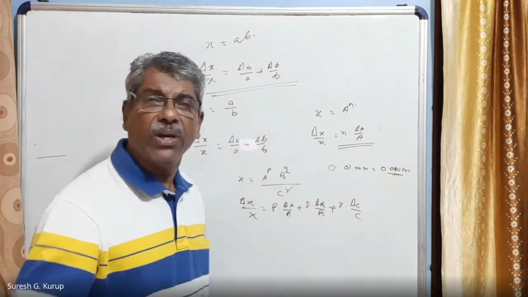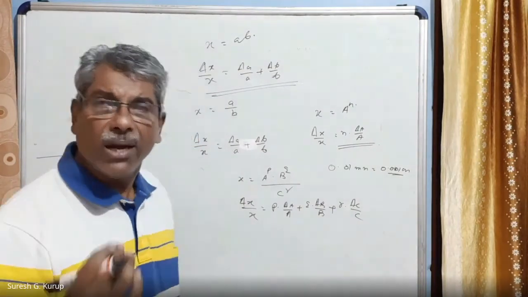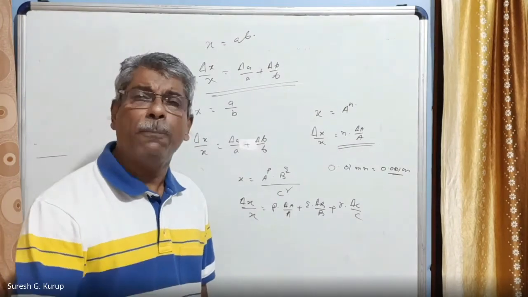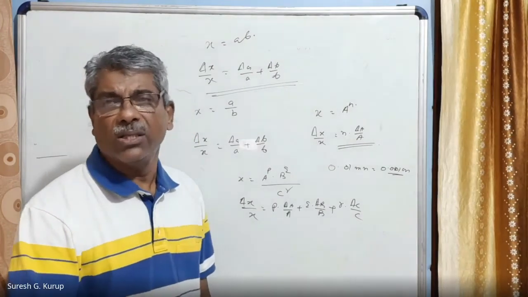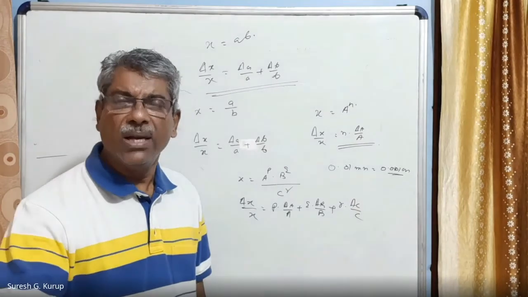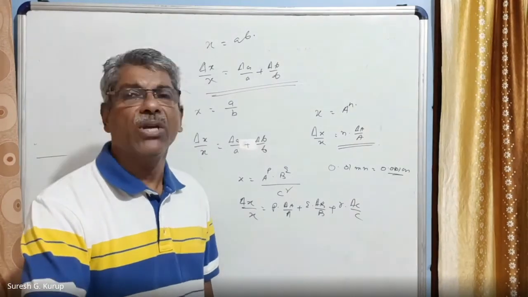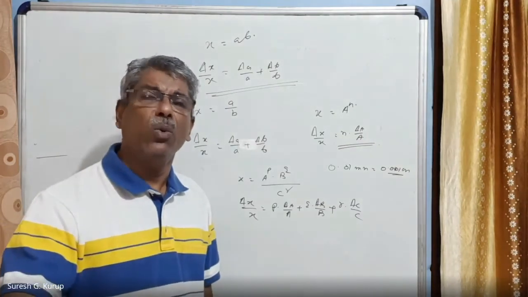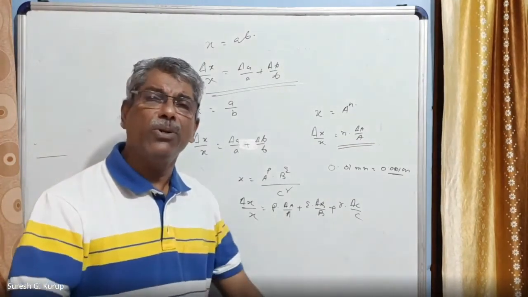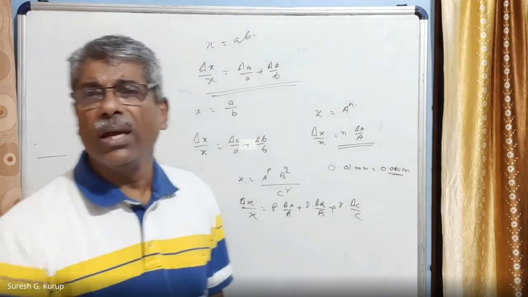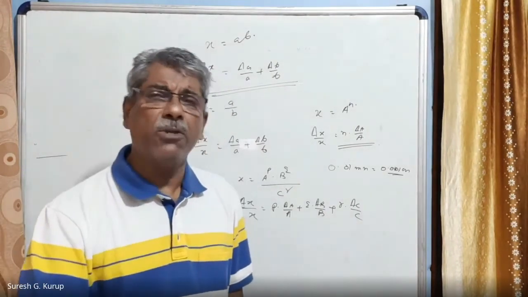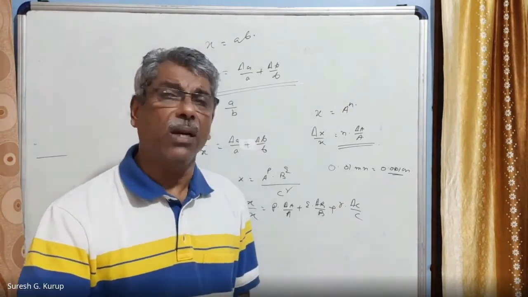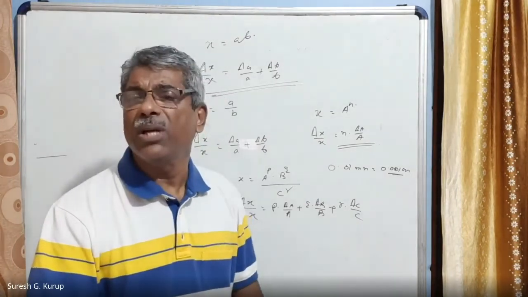In the same way, when we measure a length with the help of a vernier calipers, then the maximum absolute error that can occur is equal to its least count. Least count of a vernier calipers is 0.1 millimeter, which is equal to 0.01 centimeter. So these are the important points you have to remember. Whenever we measure any physical quantity, the maximum absolute error that can occur in the measurement is equal to its own least count, right? This is this lesson about errors.